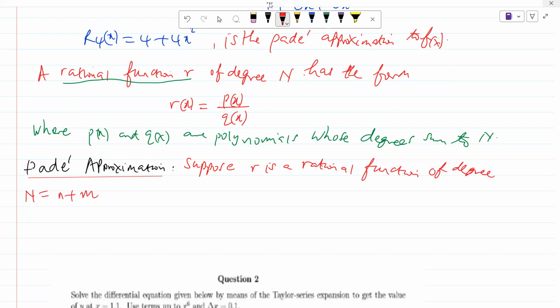Generally, if we give a formal statement of that, we suppose R is a rational function of degree n, where n is small n plus small m, of the form